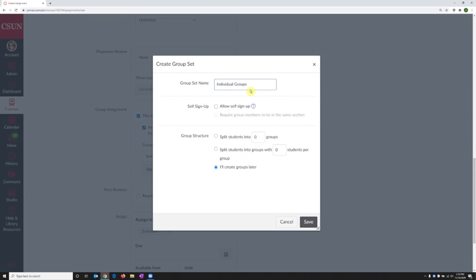Then we have several options. First off, we have to decide if we're going to allow the students to sign up for the individual groups, or do we want to put them into groups. So that is the first decision to make. If you allow self sign up, then you just click to the left of allow self sign up,